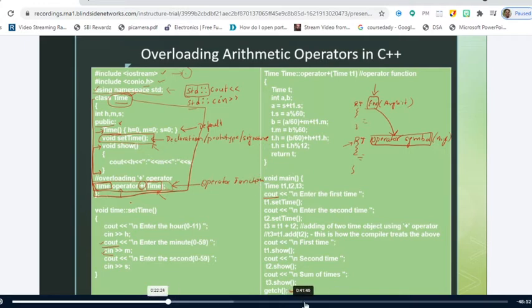Now, what is this statement, from this point to this point? What am I doing here? Defining a member function outside the class. What is the name of that function? Set time. Is it accepting any parameters? No. What is the return type of set time? You have to go to the declaration in the class. Void.